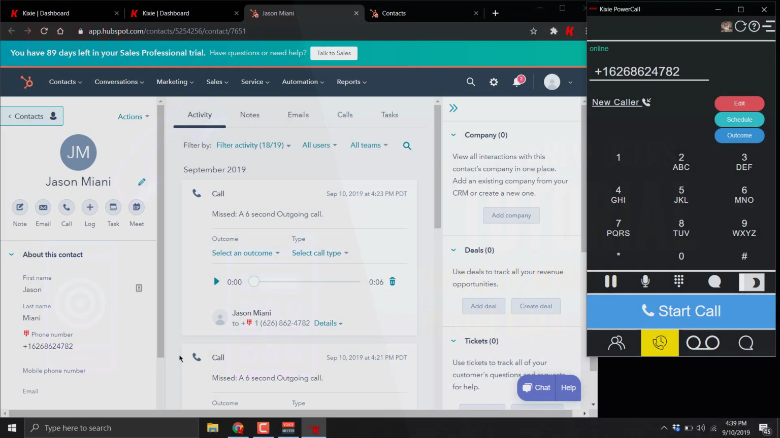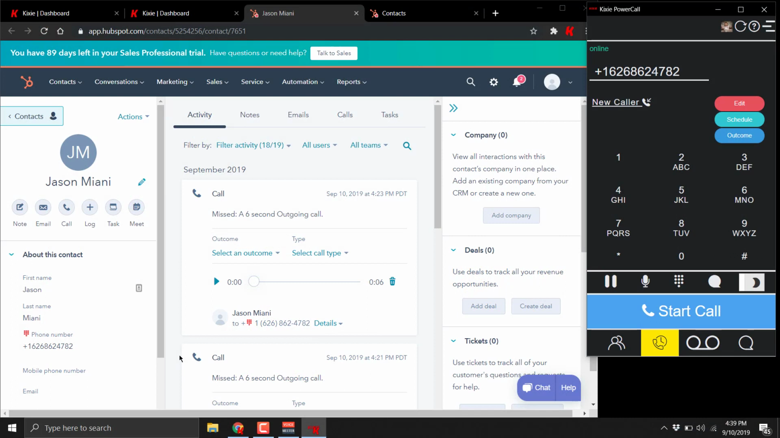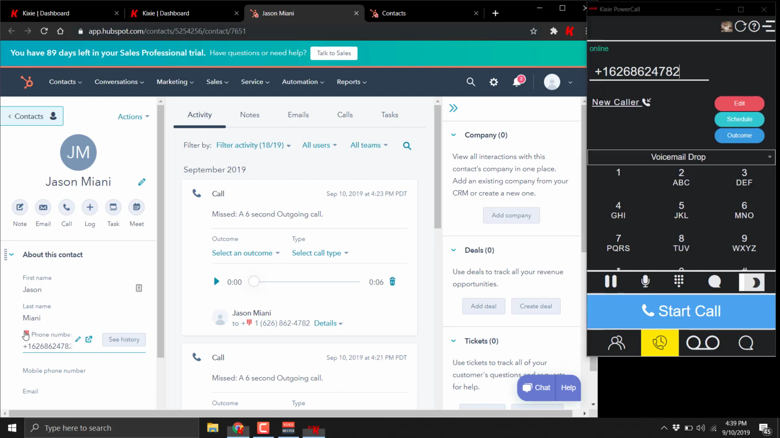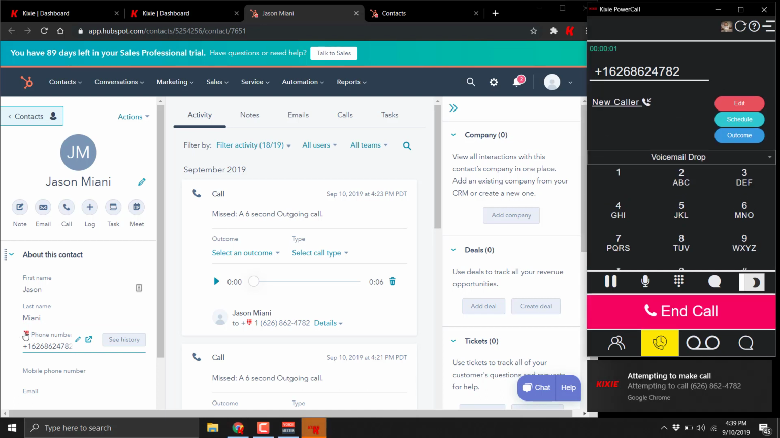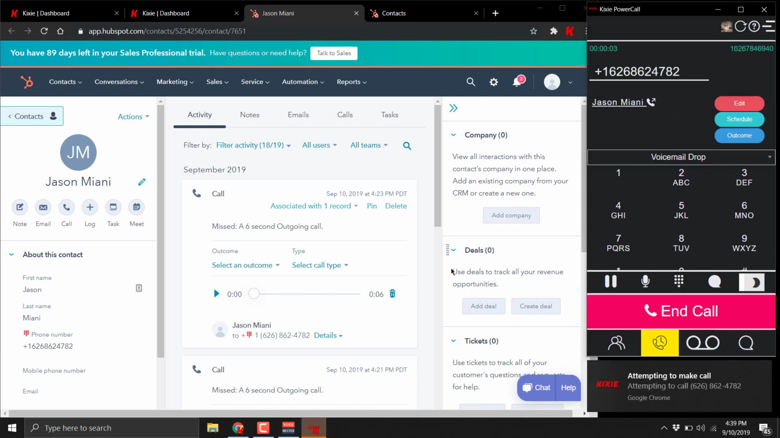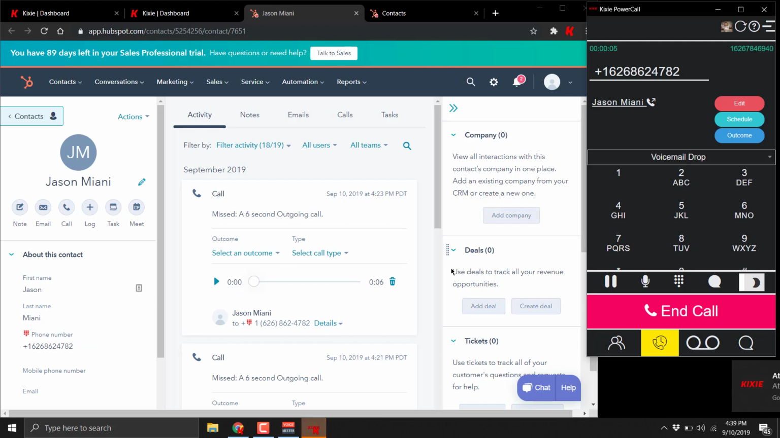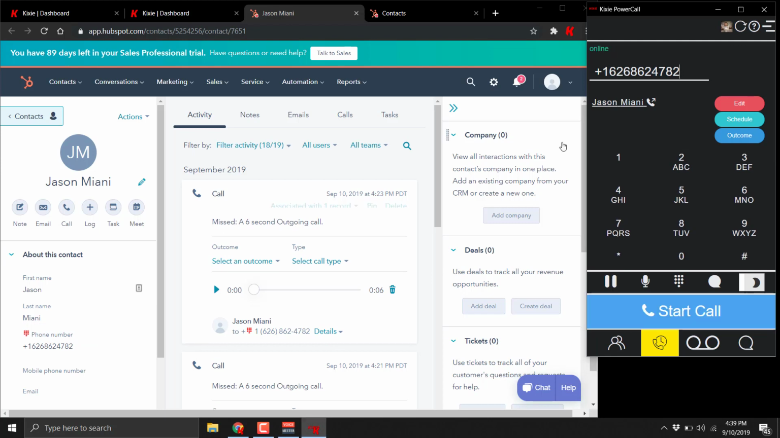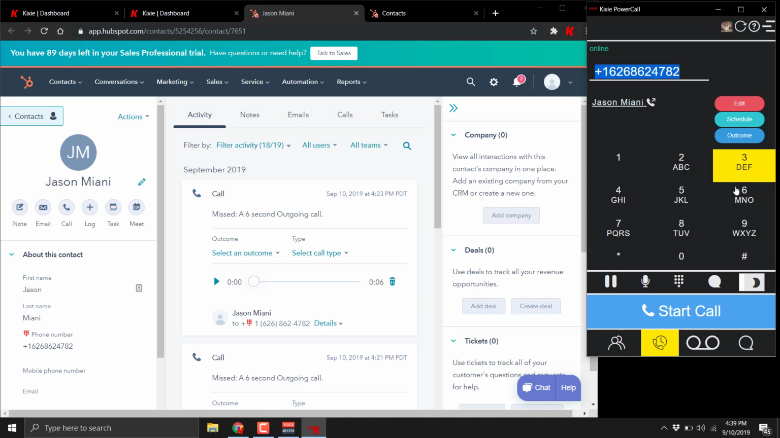So let's go ahead and look at the two ways that you can make a call. The first way, the easiest way, is to use click to call. So click the red icon next to the phone number in Google Chrome and your call will be placed through your dialing device. The other way to make a call is to simply manually enter it into the number field